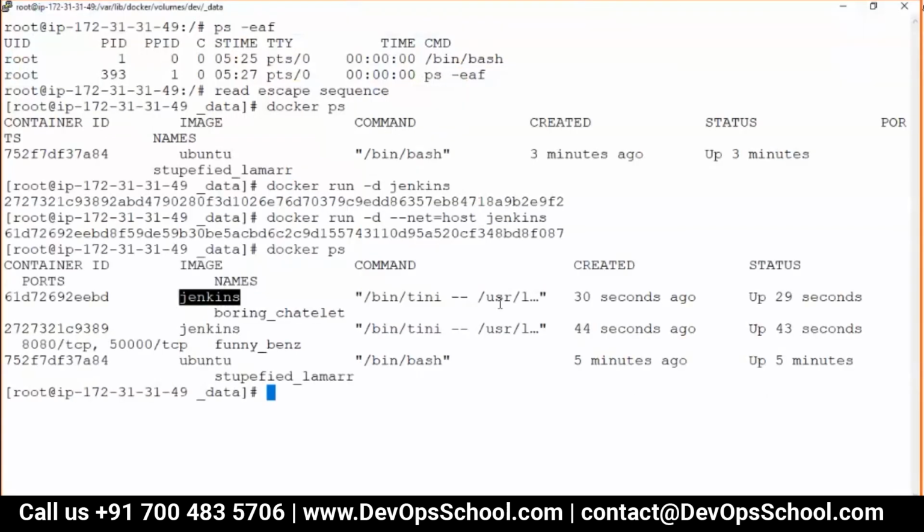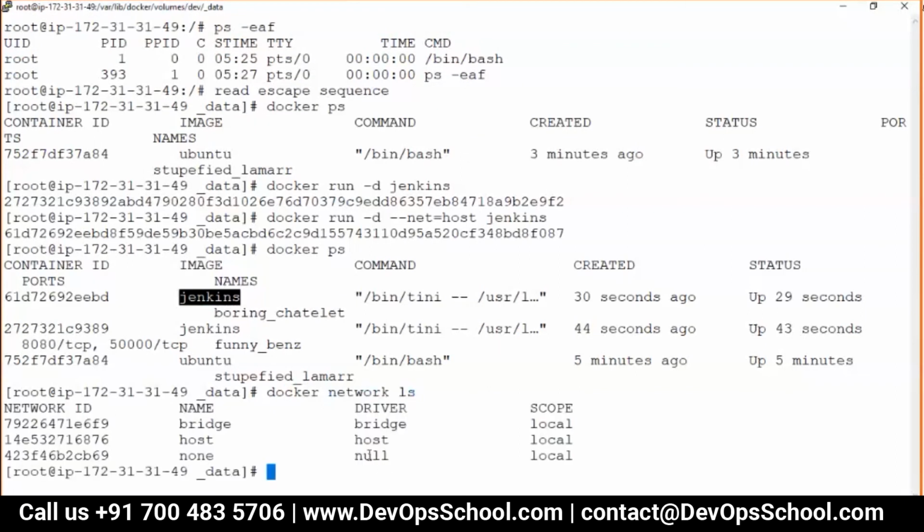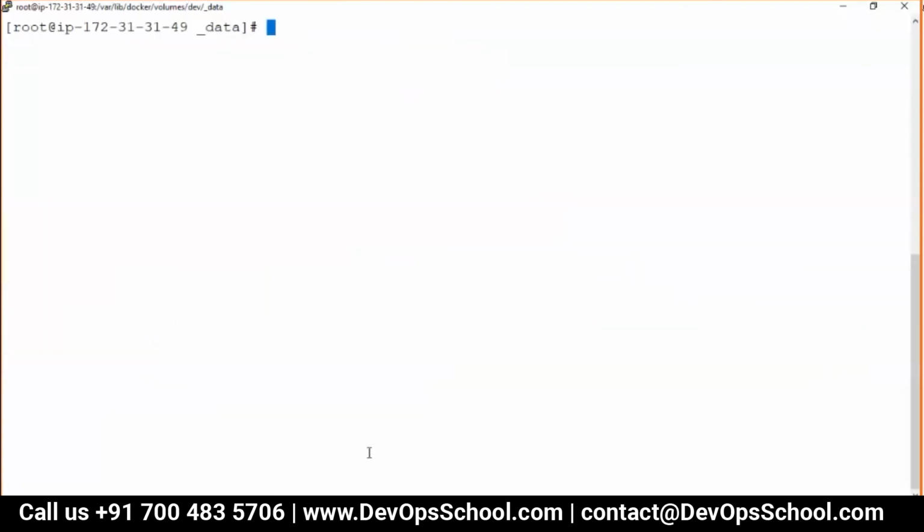Now the question is, what is the third one? Docker network ls. Third one means no network. Simple. I've been repeating multiple times, each container will get one network, one mount, one pid map, and one user space. But in this case, you will get users, mount, and pid, but you will not get network. That's simple. No network, like a disconnected network.